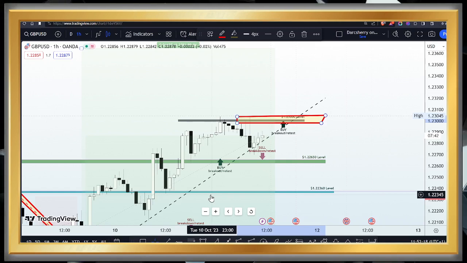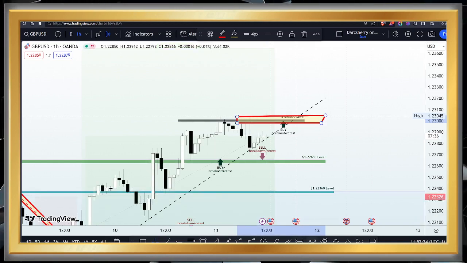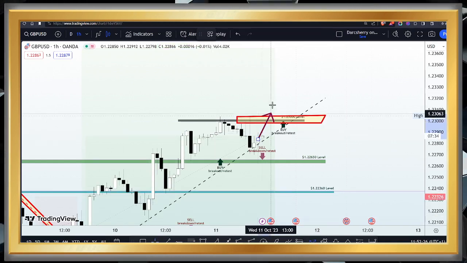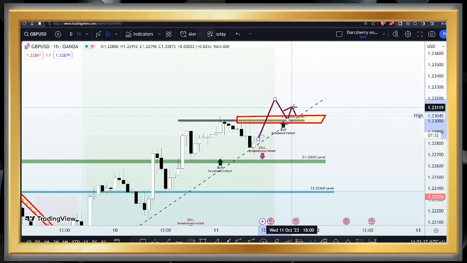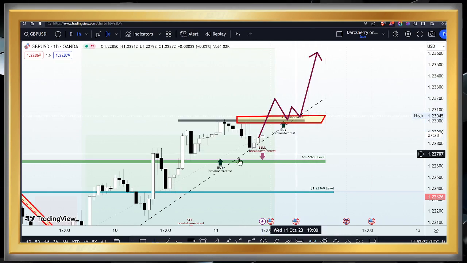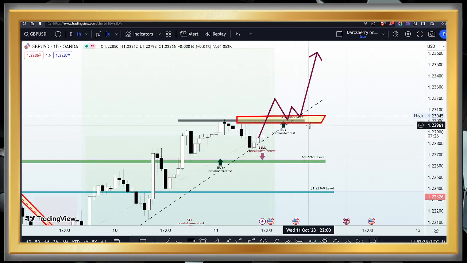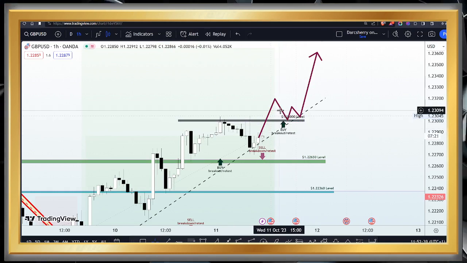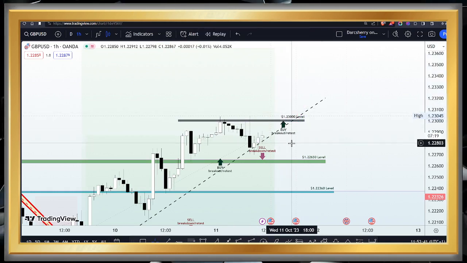However, if you are new with us and this is your first time taking a position, or probably you're coming from a clean slate, then I encourage you to exercise patience, wait for a retest of structure to happen on our lower time frame before jumping into an uptrend scenario. So as long as price remains above the trend line and breaks out of the 1.23, we'll hold on to a bullish bias.